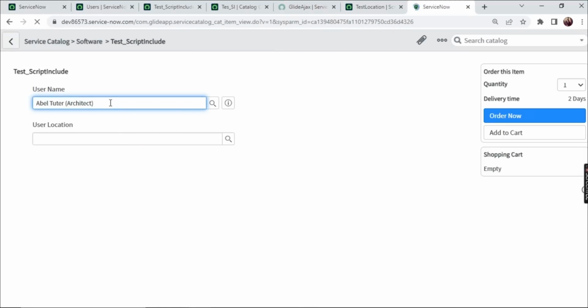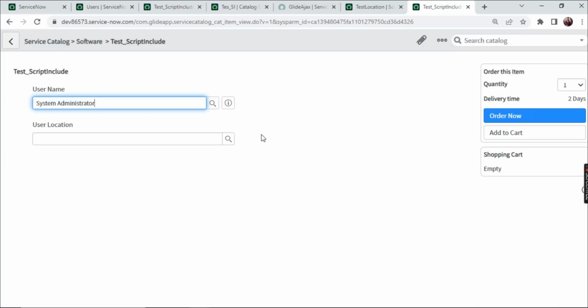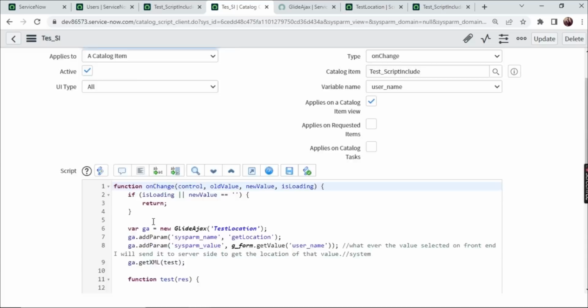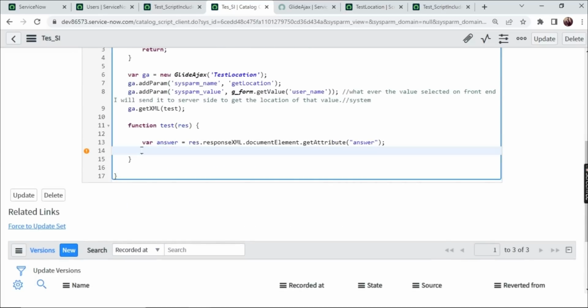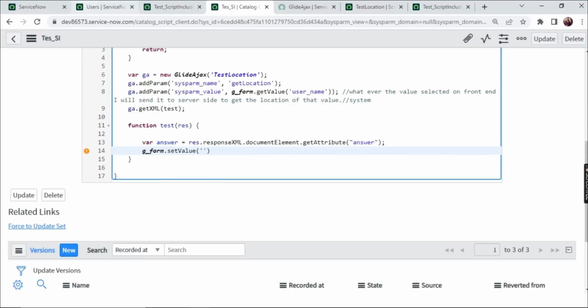Press the page. Now type here system admin. Awesome. It is returning a SysID. Now I will set this SysID on this field because this is also a reference field. So it will return me the name. Let's go back. How to set the value? We have this option g_form.setValue of